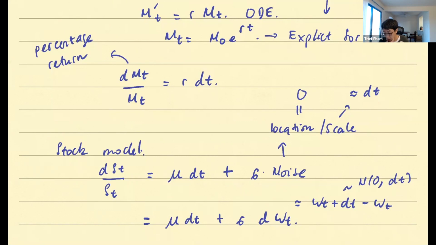Scaling factor. But not only that, notice that these are independent as long as the time intervals are not overlapping. So in other words, the noise or the shock that my returns are subject to today is independent of the shock that I'm subject to tomorrow. It seems okay. So in that sense, the independent increment is also a bonus that, frankly speaking, makes the model easier to work with, but also seems to accord with reality.